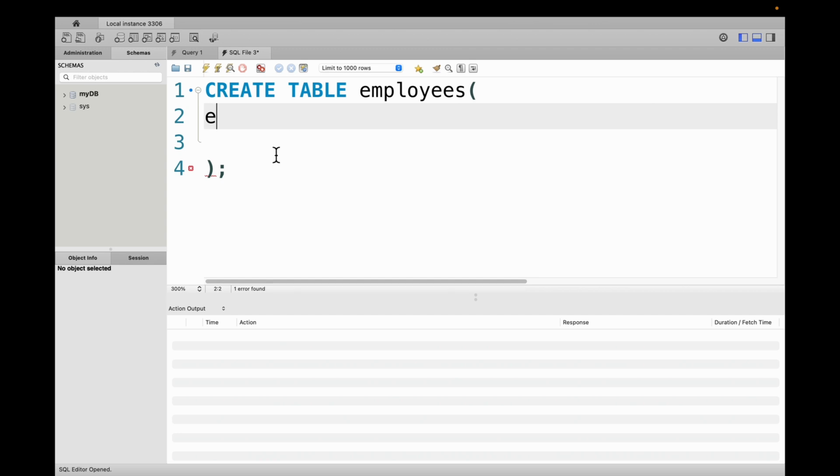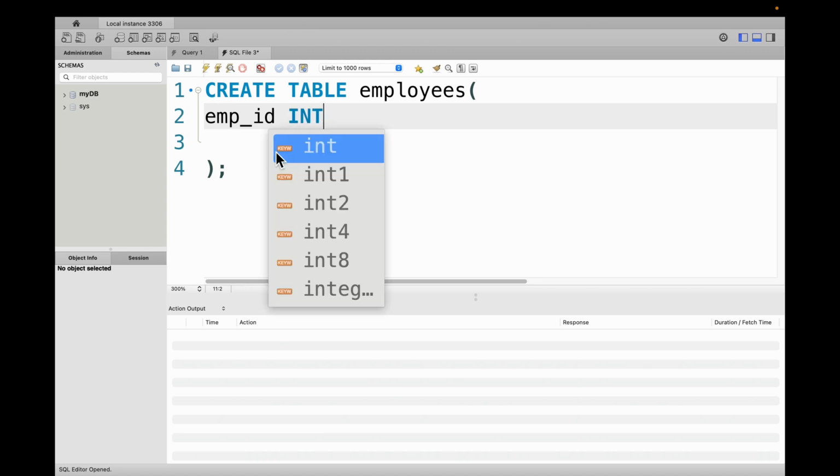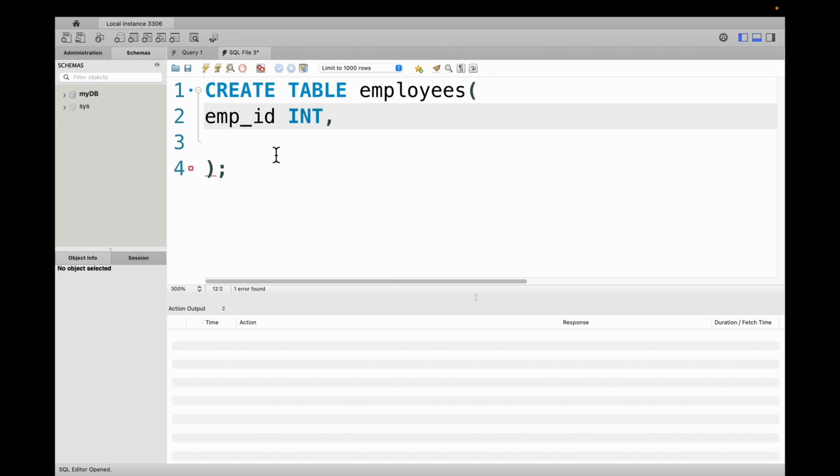Choose a name for that, like employee ID, and then in front of that you need to set its data type. As it's all about whole numbers, I'm gonna choose int for employee ID as its data type, and after that a comma. To separate columns from each other, we need to add a comma after each column. And the next column would be